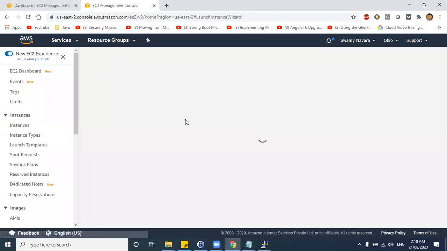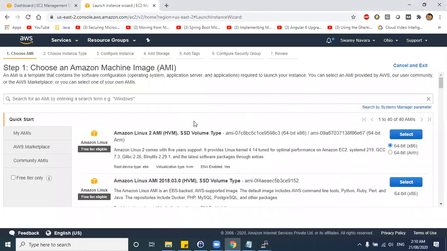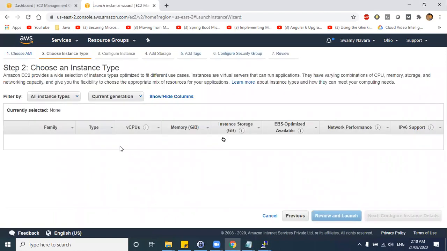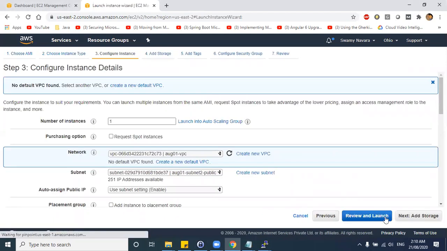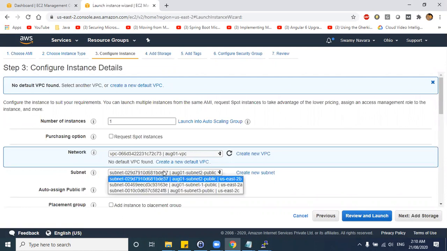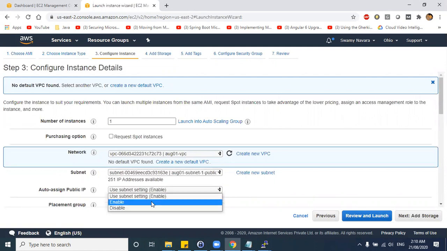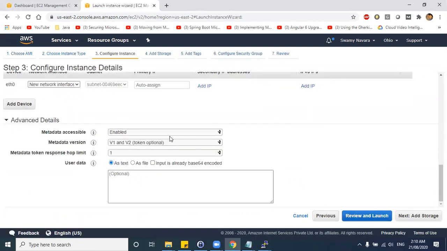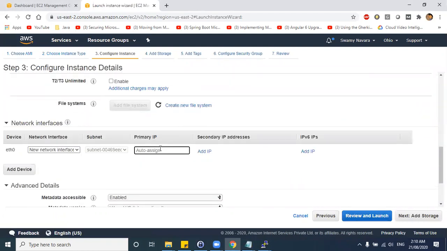So let me spin up an EC2 instance. In the configuration settings, let me select my VPC and launch in subnet one, and I'll enable this one. Let me give a private IP of 100.